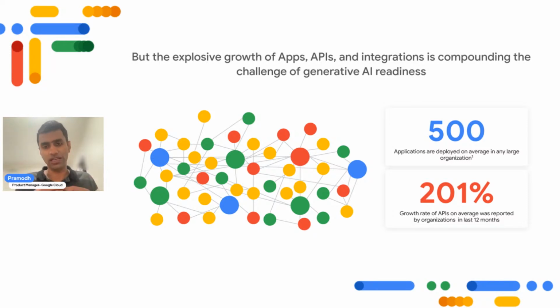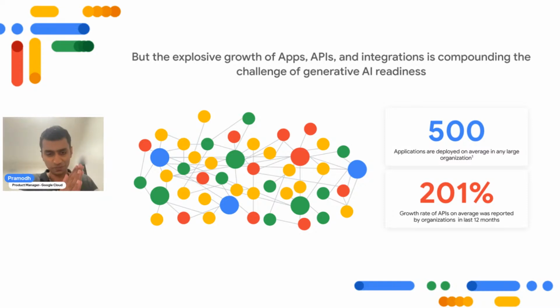Just to share a couple of stats, the number of applications getting built thanks to Gen AI is going to multiply. And the number of APIs each of those apps or microservices is going to expose will grow at an exponential pace, which means we need far better assistance to manage all of this complexity. That's where the power of Google Cloud and Duet AI in Google Cloud comes into the picture, particularly Duet AI in Apigee and Duet AI in application integration.